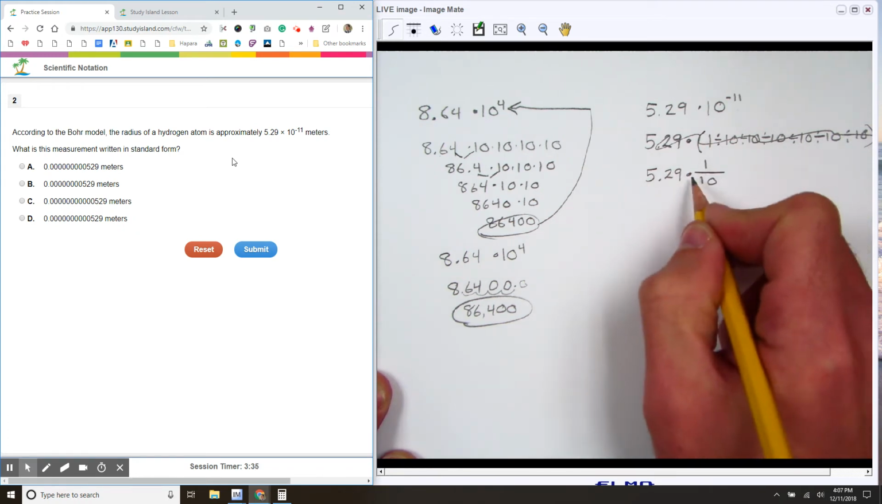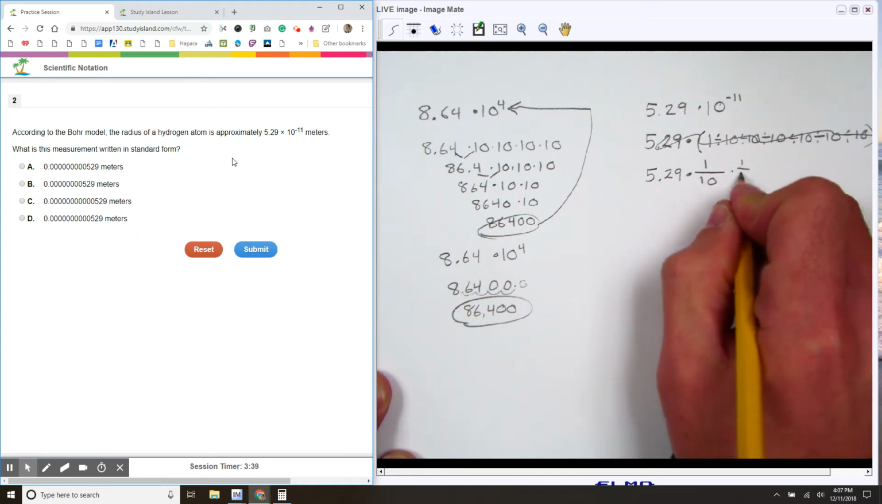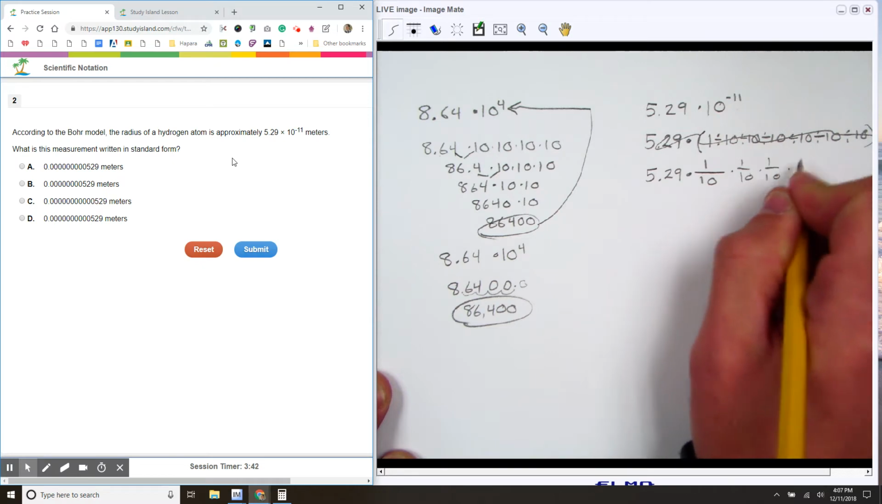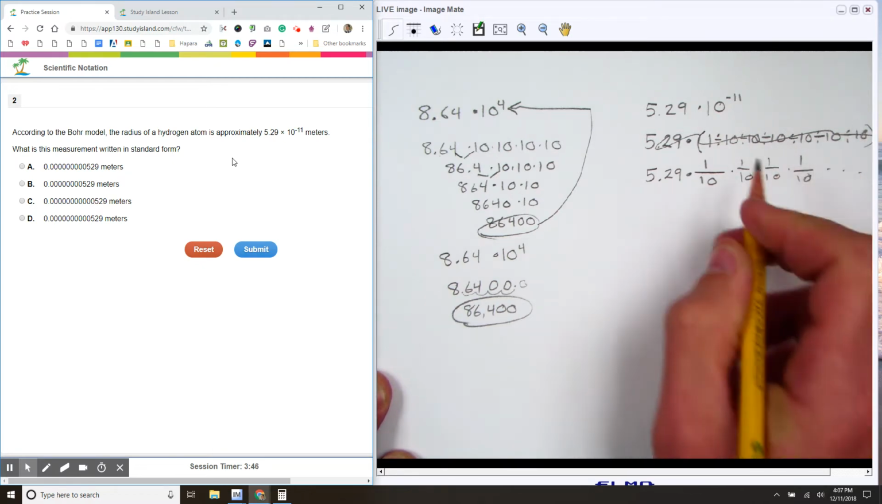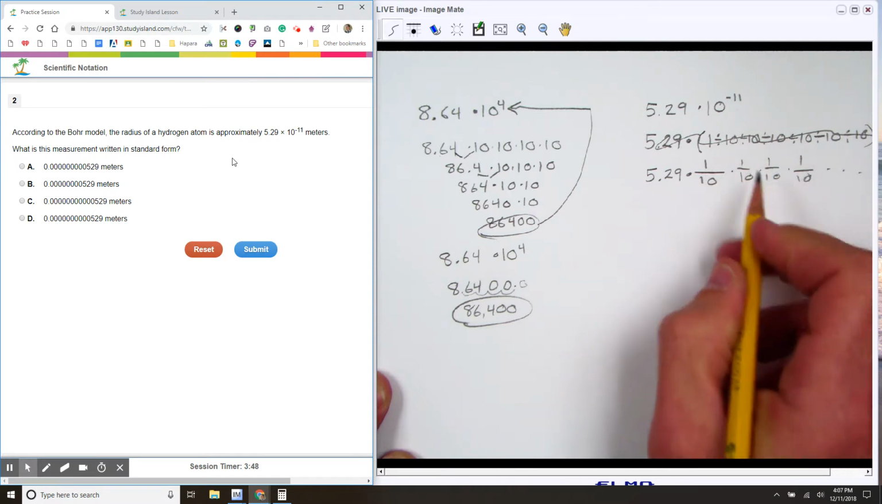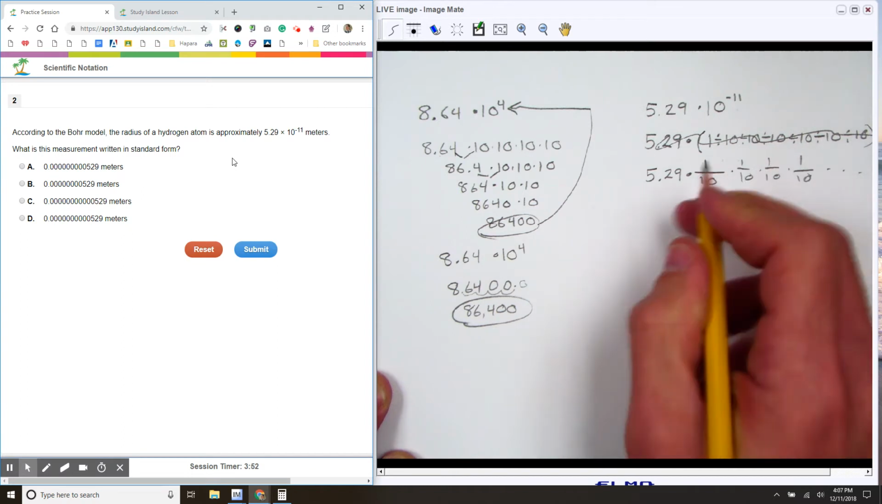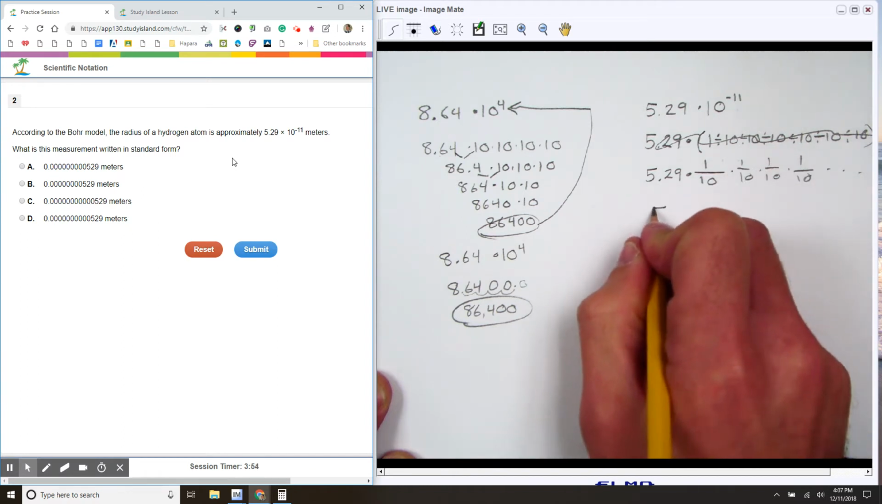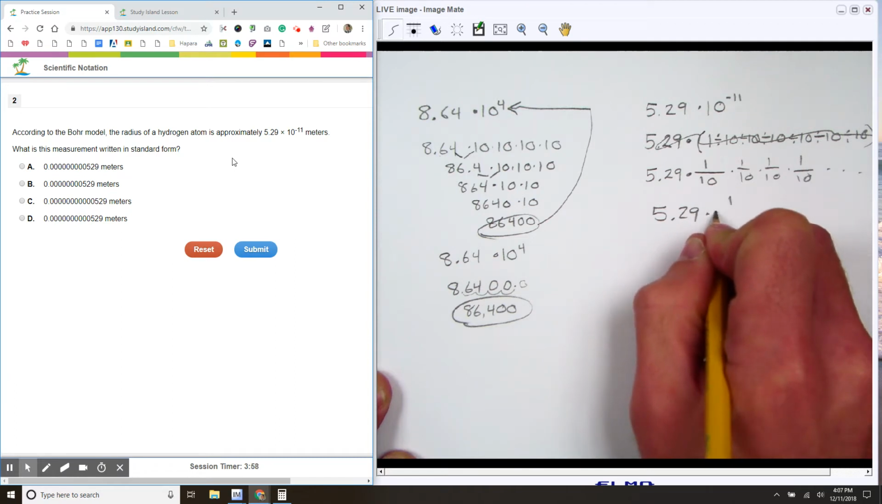So if dividing by 10 is the same as multiplying by a tenth, then I could do times 1/10 times 1/10 times 1/10 times 1/10. But again, that would be really, really silly to write it out that many times. Well, think about what it is when you multiply fractions. When you multiply fractions, you just multiply the top: 1 times 1 times 1 times, it's all going to be 1 no matter what. So instead of writing it out that way, I can write 5.29 times 1 over